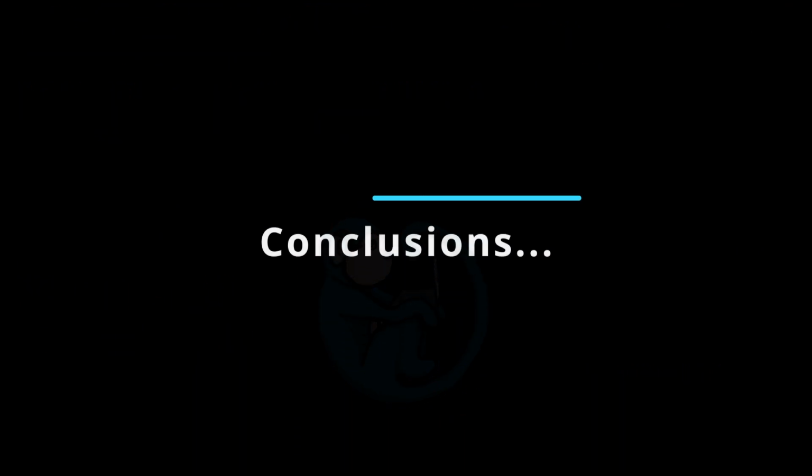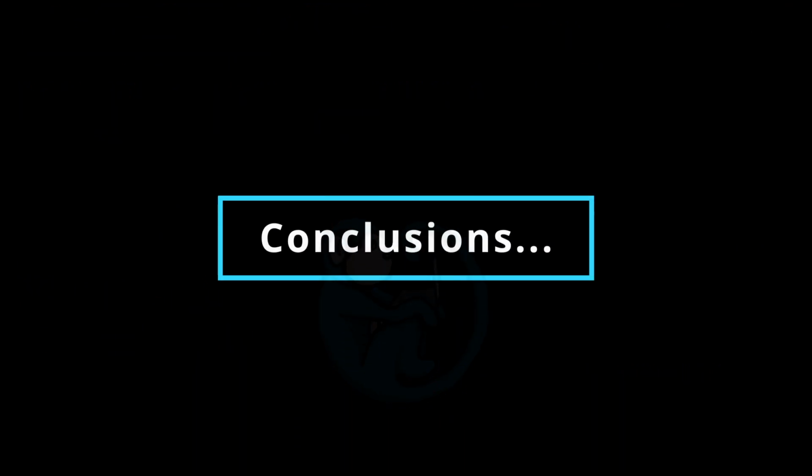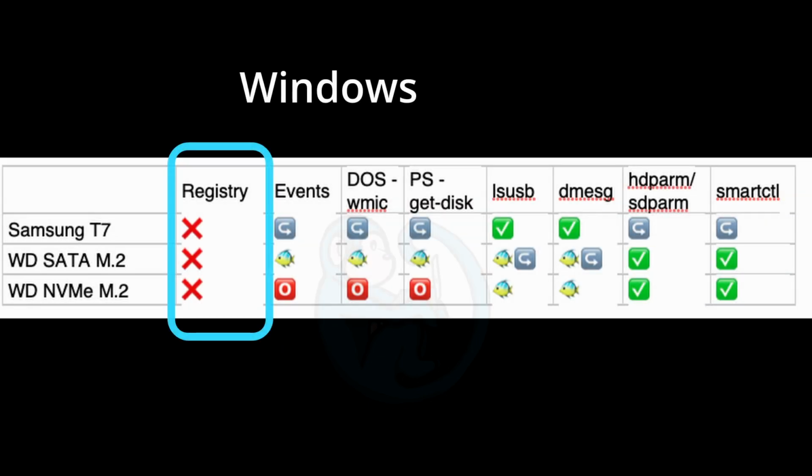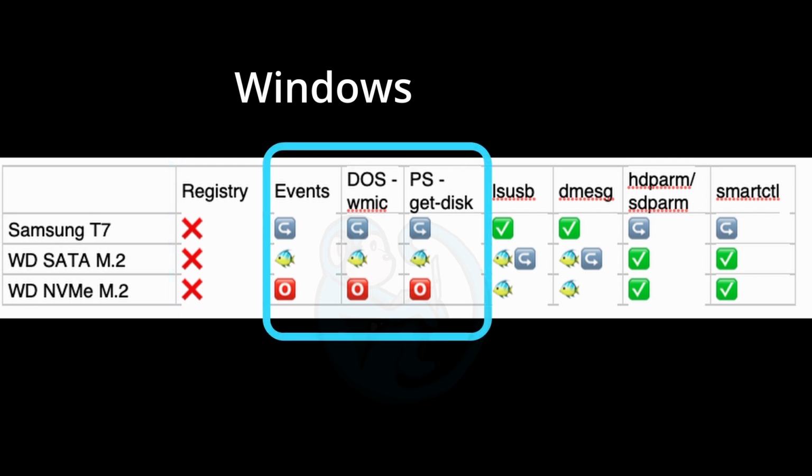So what do we have? Looks like another round of inconsistencies. On the Windows front, the registry seems to be tracking the device, but not the serial number. The other three tools are pretty consistent in terms of either getting the serial number or the enclosure or all zeros. So unfortunately, I would rate Windows poorly for its ability to obtain the serial number of any of these